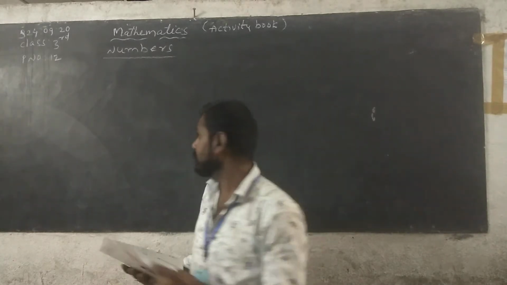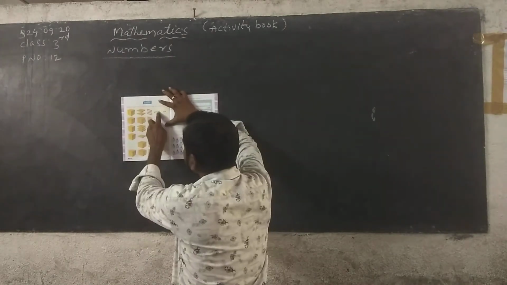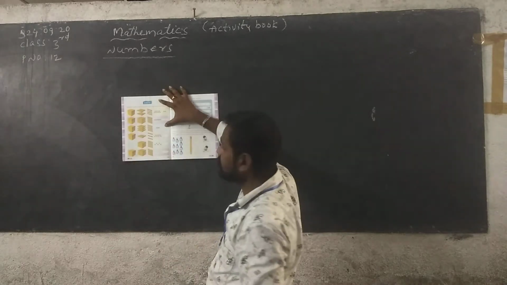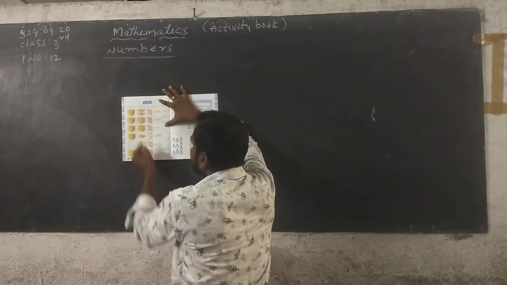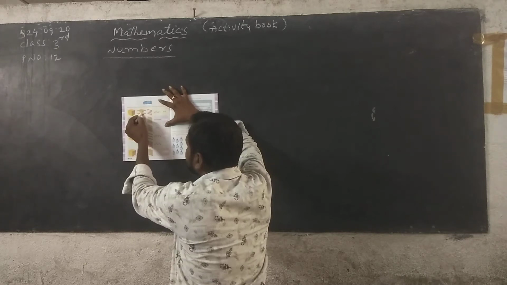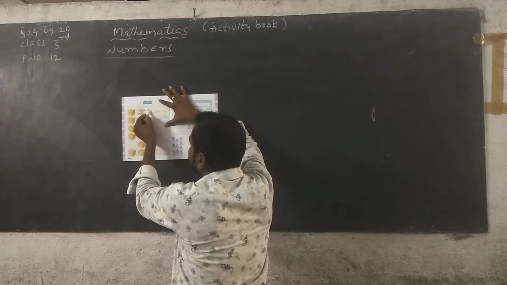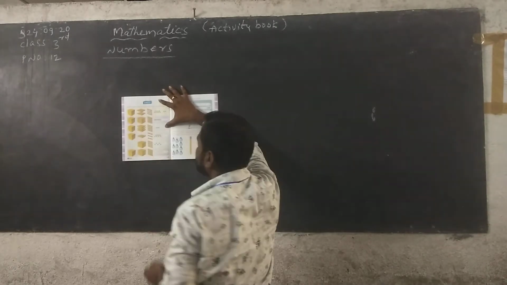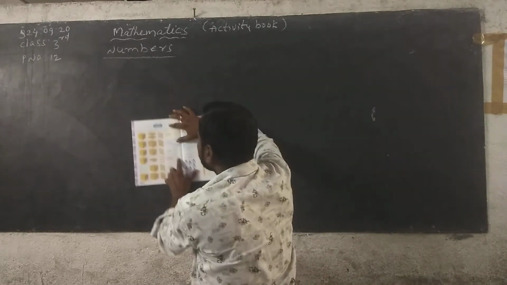See here, look at the blackboard. You can say this is ones place, this is tens place, this is hundreds place, this is thousands place. Here in thousands place one cuboid is there, you can write 1. In hundreds place how many are there? 2 pictures are there, you can write in hundreds place 2. Here how many are there? 1, 2, 3, 4, you can write 4. Next 1, 2, 3, 4, 5, 6, 7, 8, 9. So the total number is 1249. So you have to go to the next picture.